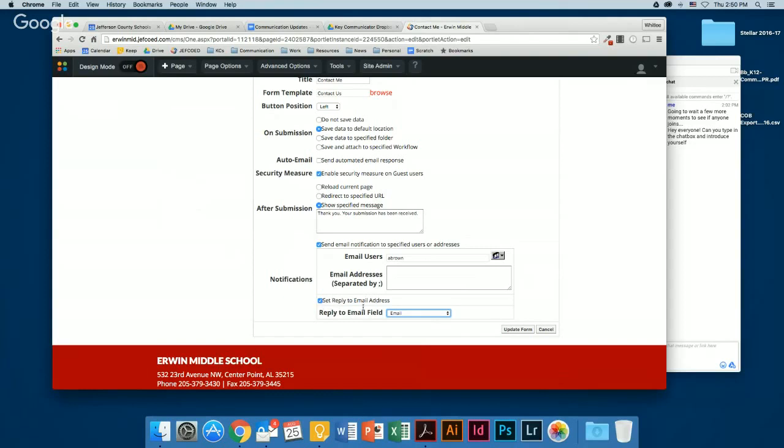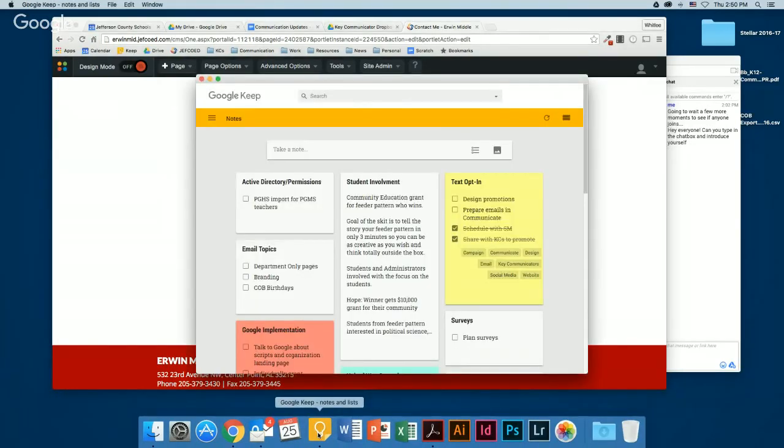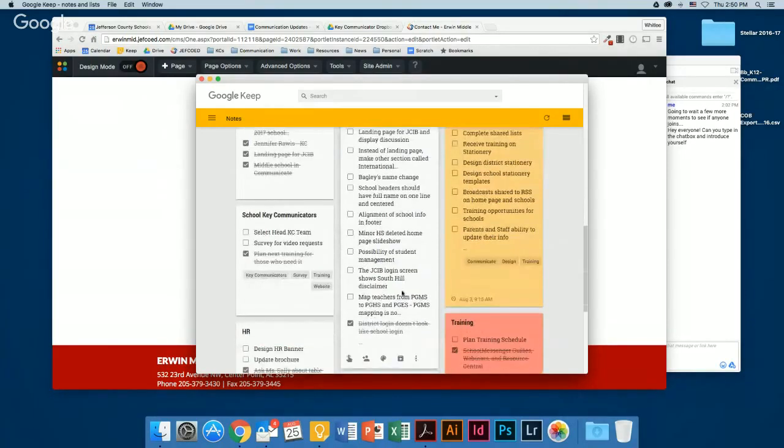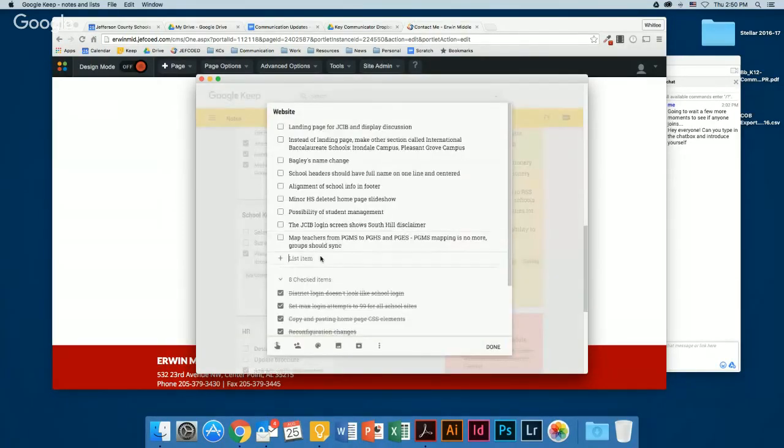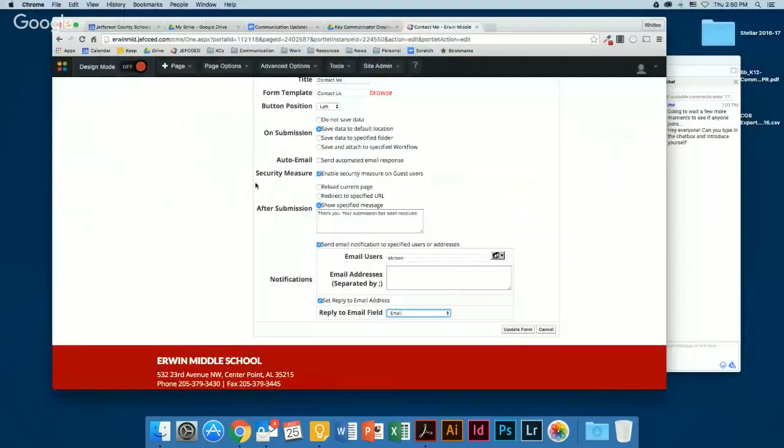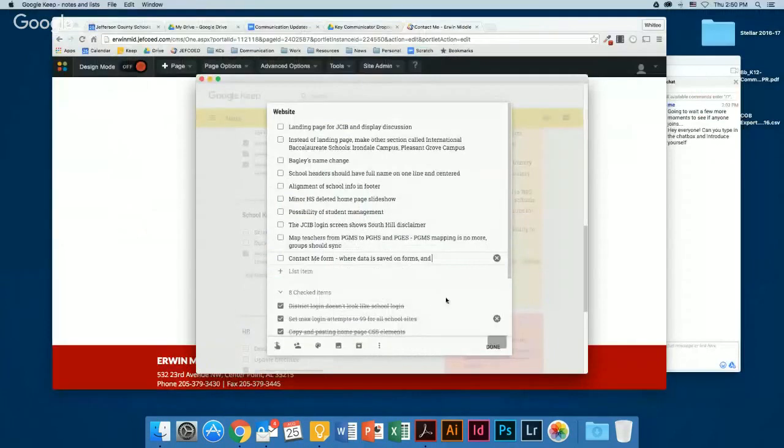I'm going to confirm this section, and this section. So actually, before I go any further, let me just add that to my list for tomorrow's meeting: the data saved on forms, and the reply to email field.